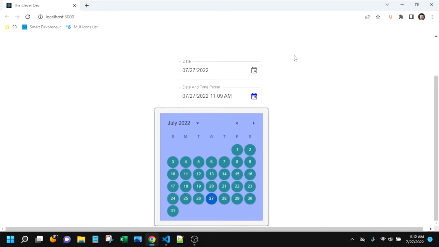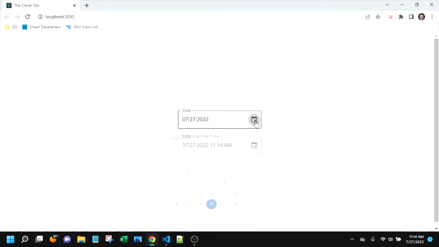Today we're going to explore the MUI DatePicker and DateTimePicker, pretty much the same thing. We're going to explore some of my favorite props and customizations through the props. We'll explore how to swap out some of the icons, and as you can see, we are going to customize it exactly how we want to. Stick around. Here we are again,